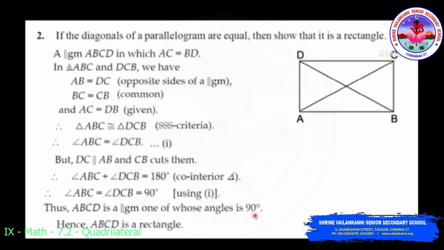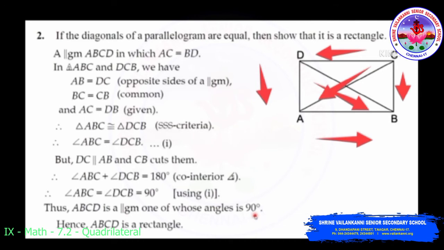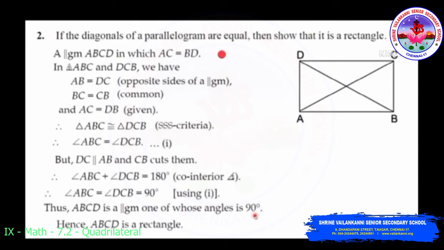Second problem: if the diagonals of a parallelogram are equal, then show that it is a rectangle. He has given a parallelogram ABCD. So he has given that the diagonal lengths are equal. So we need to prove that this parallelogram gets the shape of a rectangle. Now coming to the solution, given a parallelogram ABCD with AC equal to BD, that is, the diagonal lengths